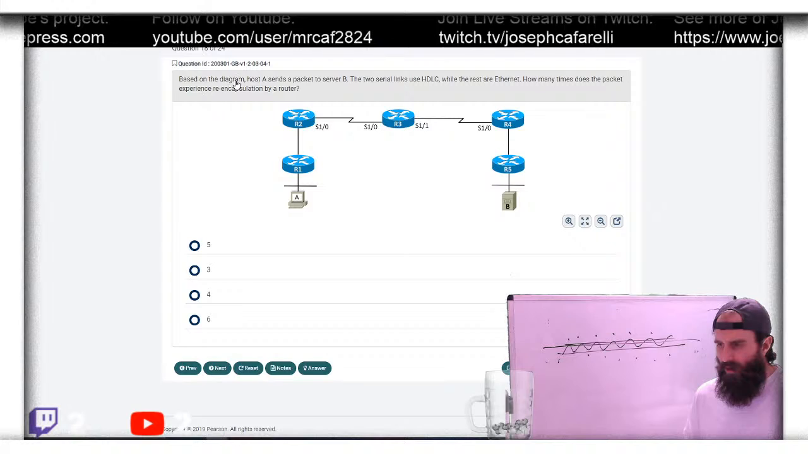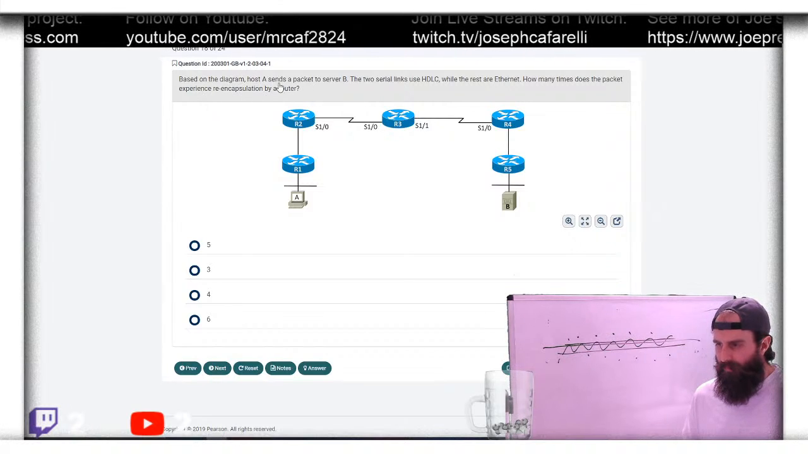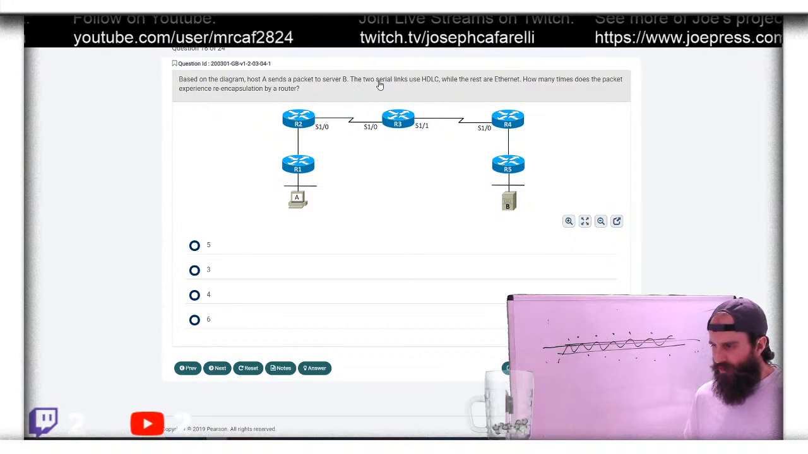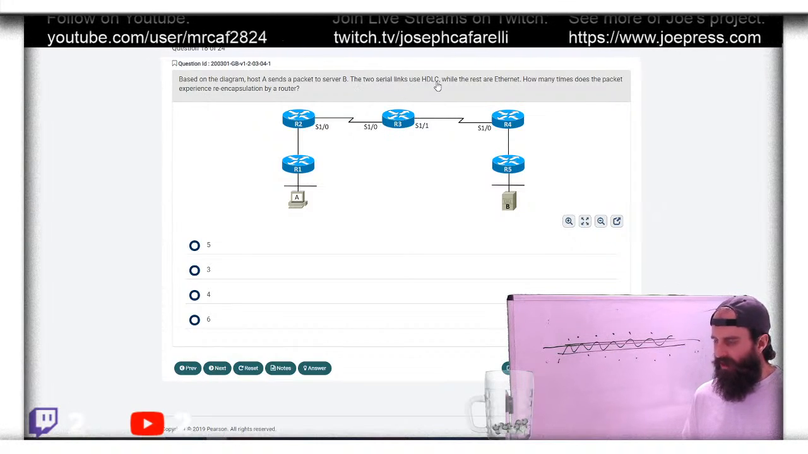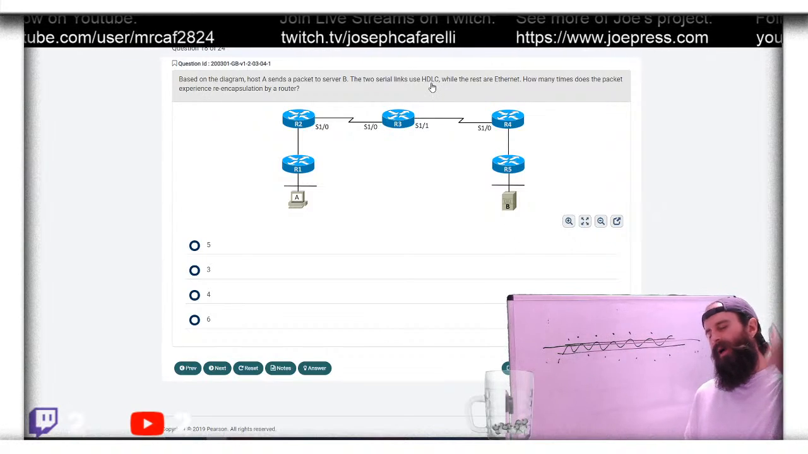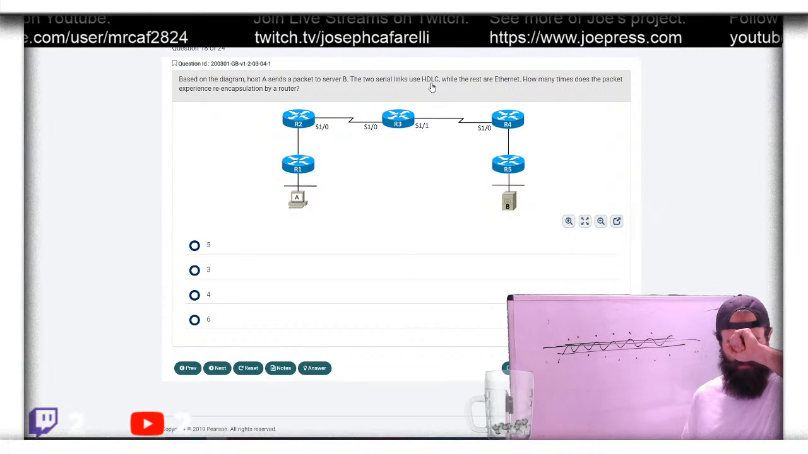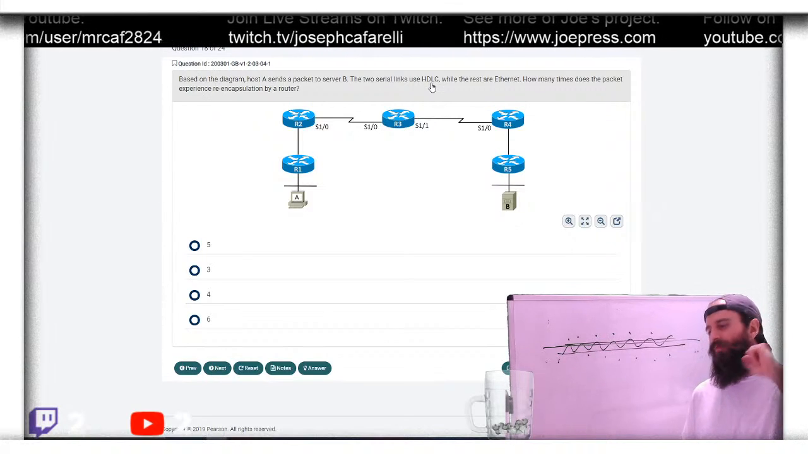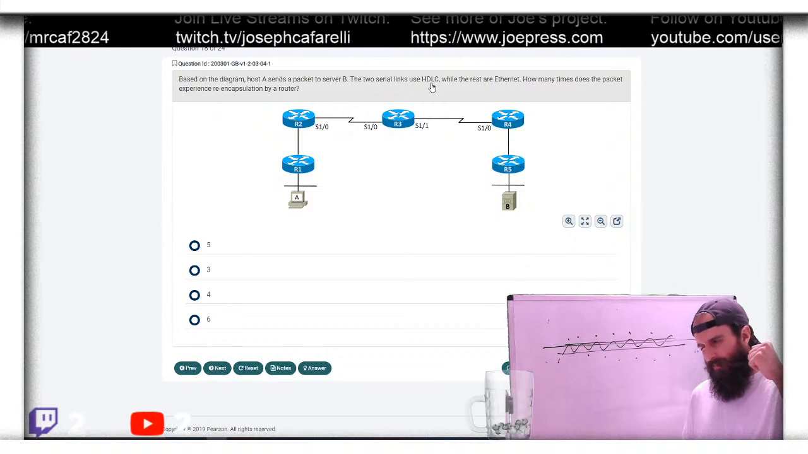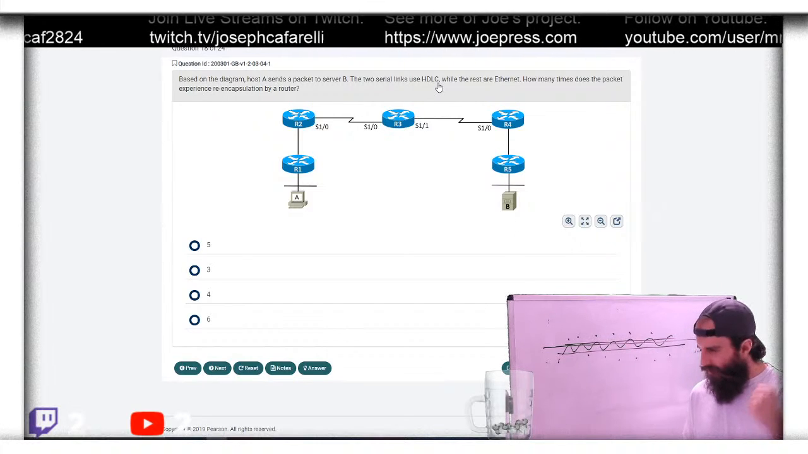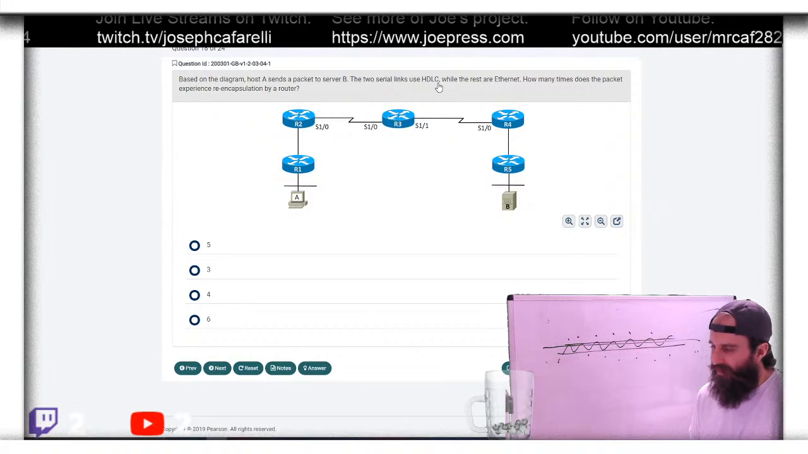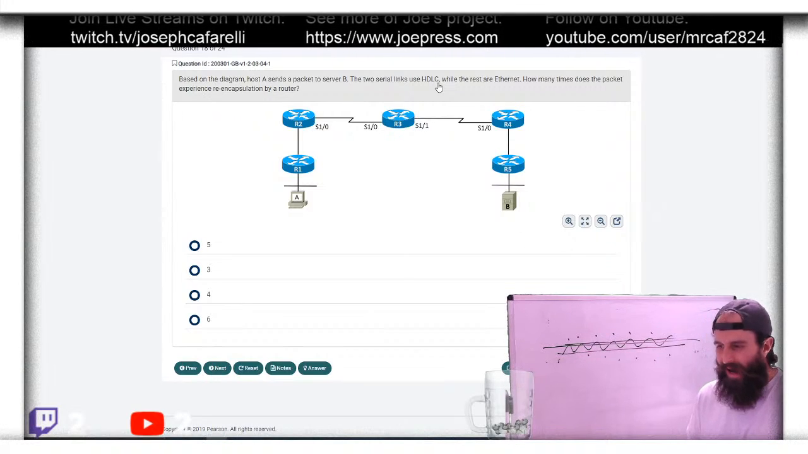All right. Based on the diagram, host A sends a packet to server B. The two serial links use HDLC, that was high-level data... Oh man, this is such a tough term to remember. High-level data link control? I think so. Yeah, while the rest are Ethernet. How many times does the packet experience